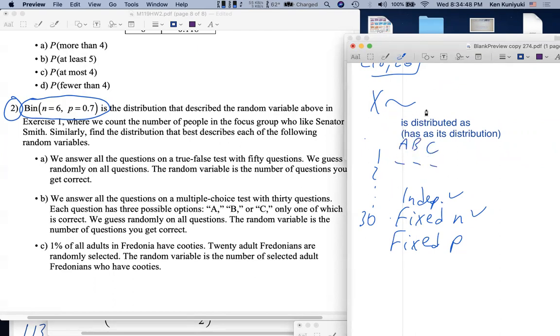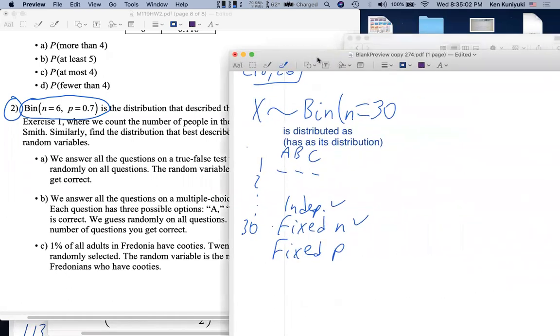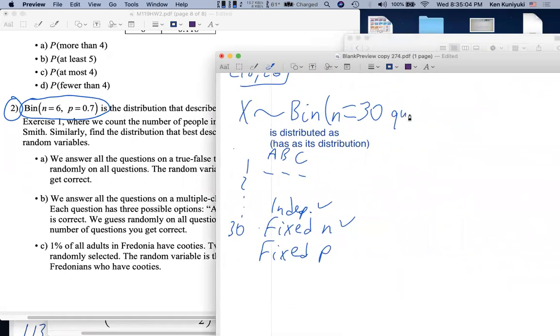So this has as its distribution a binomial distribution where N equals what? 30. That's the number of trials or questions this time. Now, again, I didn't require a unit, but you could put a unit there. Sometimes I put the unit for N, sometimes I don't. And you're correct in chat. Okay, P, which is a